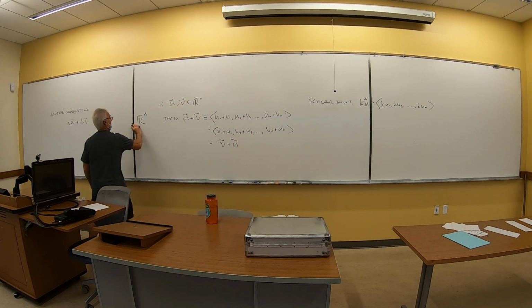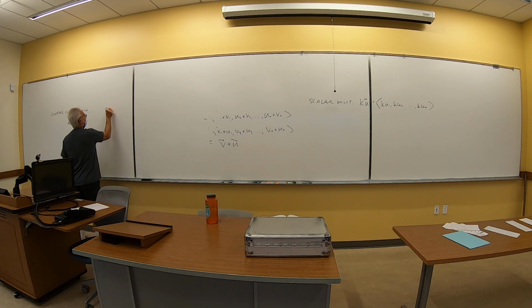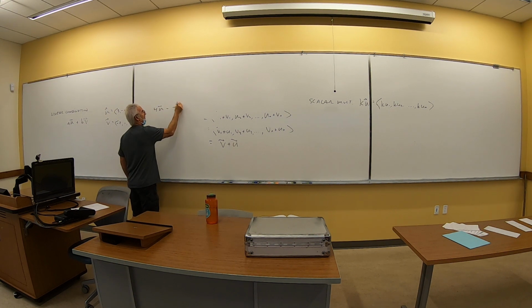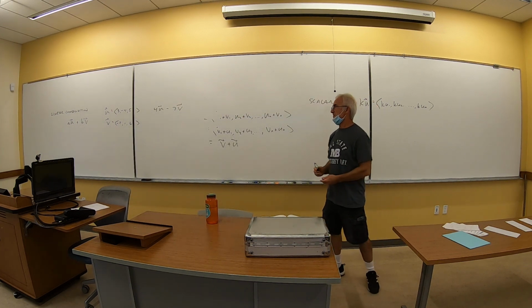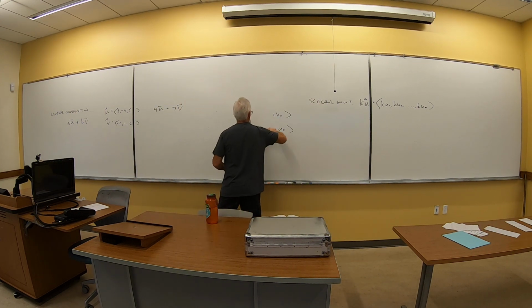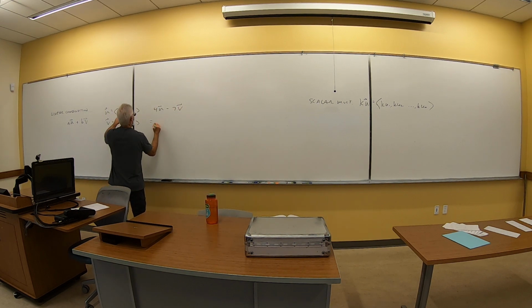So let's do something real simple. Let's suppose vector u is (3, -4, 5), and vector v is (-2, 1, 6). All right? I want 4u minus 7v. And the result is a single vector. Just a simple exercise. So the easiest way to do that is, well, what's 4u? That would be (12, -16, 20),